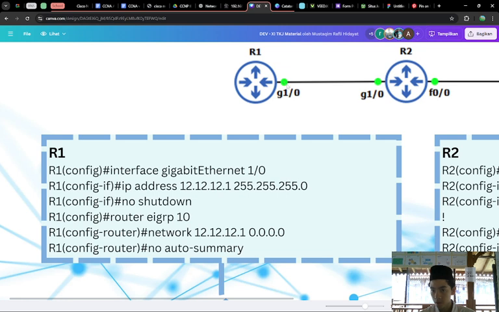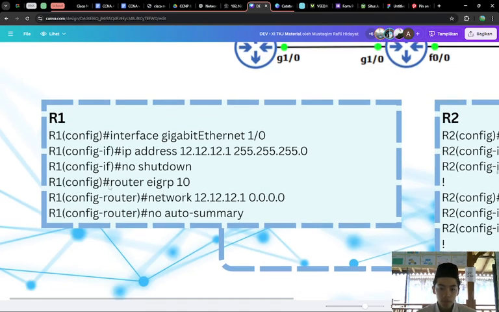It is the port to router 2, and then you can add the IP address 12.12.12.1 and subnet mask 255.255.255.0, and then no shutdown to activate the port to router 2.